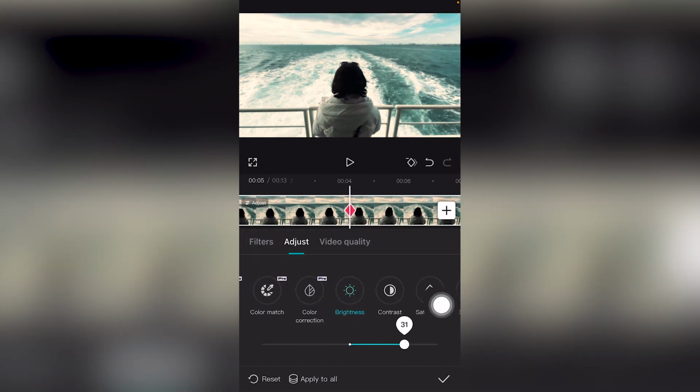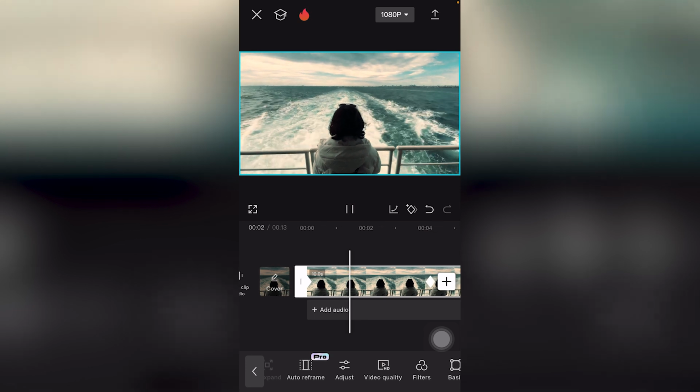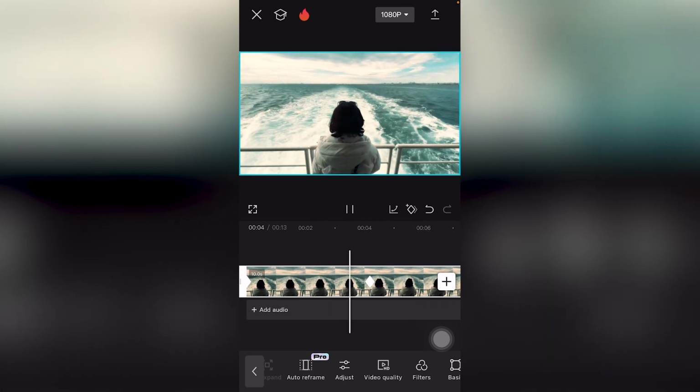Drag the brightness to the right so it's becoming brighter, and once you're happy or satisfied, click the check mark. This is what we have. Notice that the video is getting brighter, or